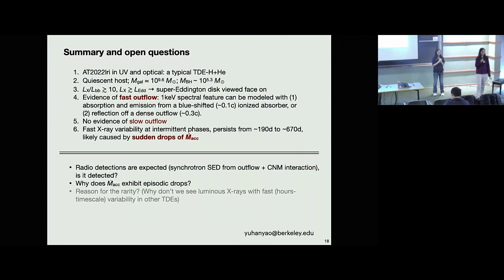If you want to keep a super Eddington accretion for a 10 to the 6 solar mass supermassive black hole, you need to disrupt 0.1 star per year, but your TDE rate in this galaxy is only 10 to the minus 4, 10 to the minus 5. Oh, I think she's not saying this is how you grow the black hole entirely. It's just that you can use it to study this phase, and whatever was feeding the black hole at that rate, you learn something about it. Yeah, we can discuss later.